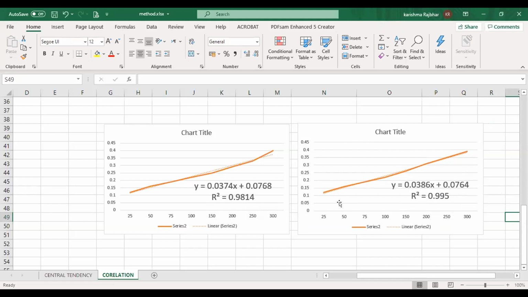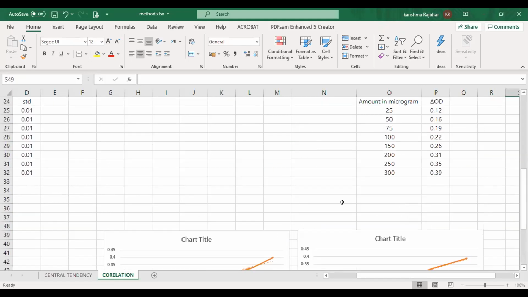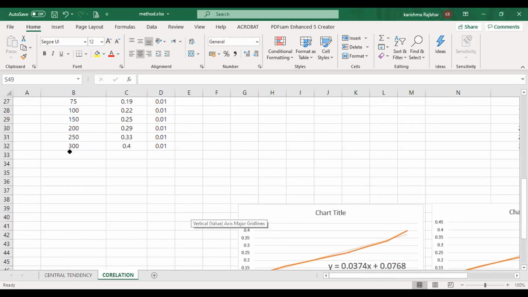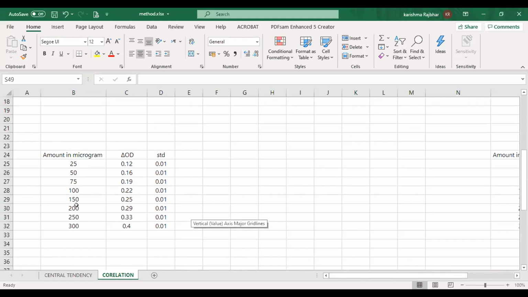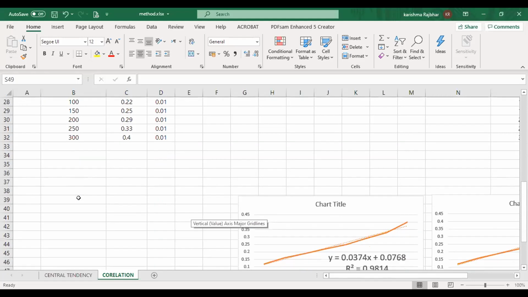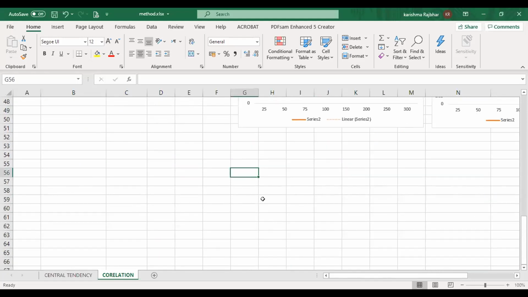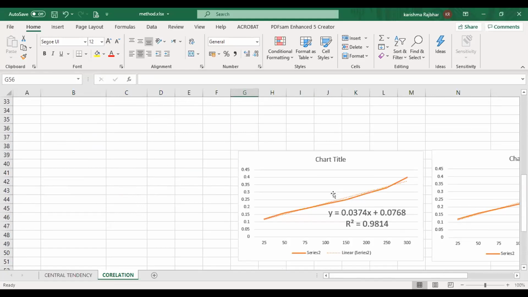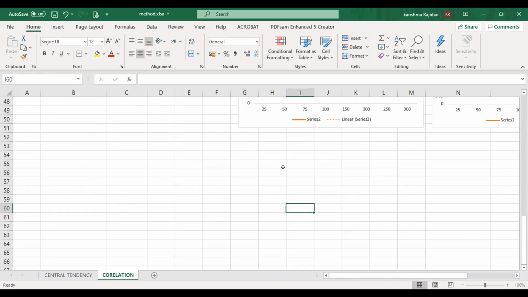And secondly, the data you get, like for example if I want to find a regression of, you see it is here 100, 150, like I want to find an amount of 125, or I will say I have an OD of 0.23.